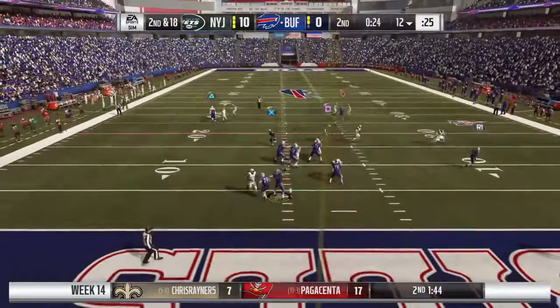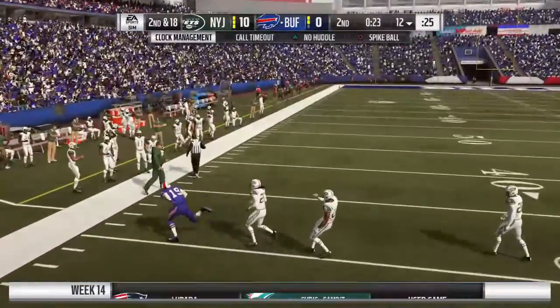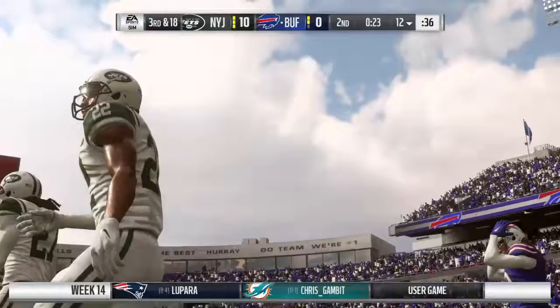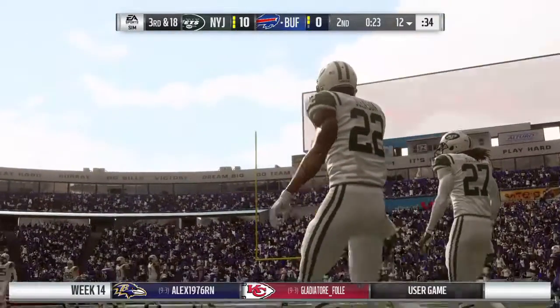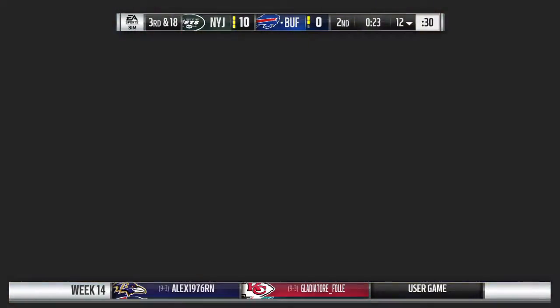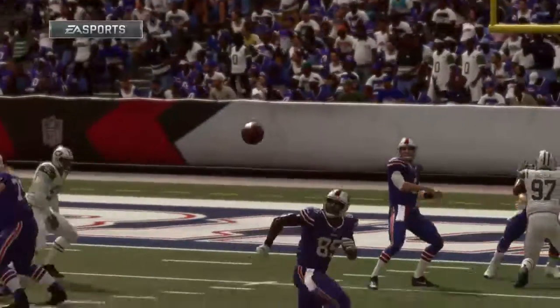Allen looks to throw on second down. And his throw here is incomplete. They were looking to get it to Kelvin Benjamin there. And it's third down. This defense has been very disruptive early on as they force another one to go awry. Seems to be the front and the back end. Pass rush, they've been able to get...